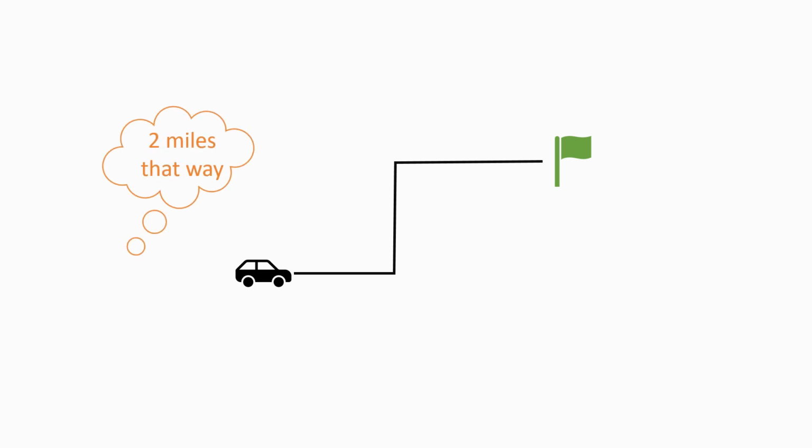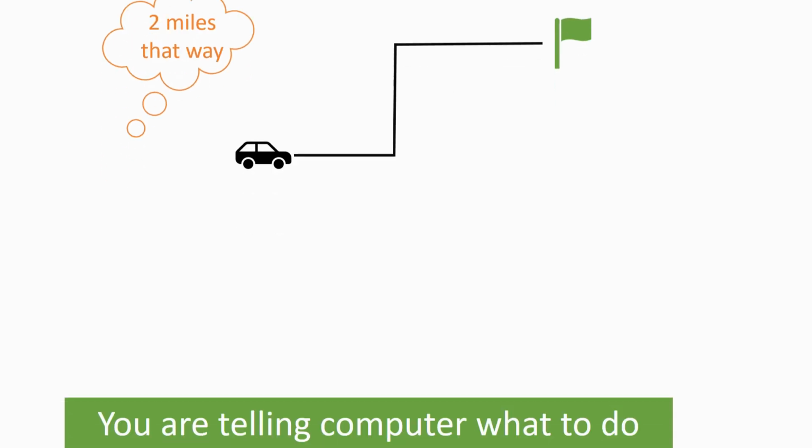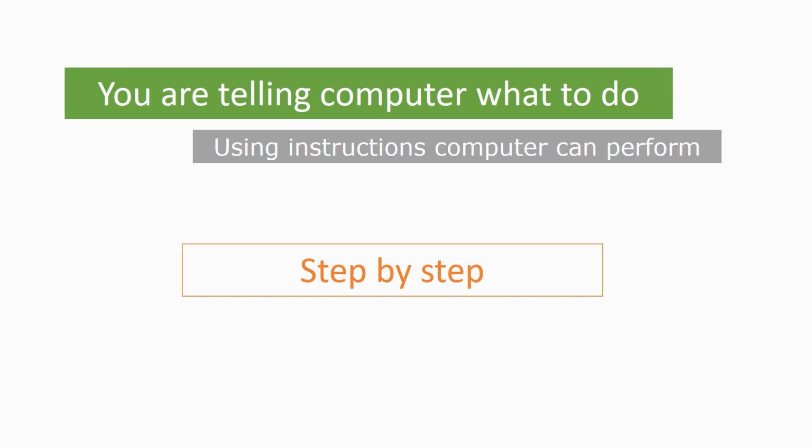Think of it this way: if you get lost and ask for a route, you will receive a set of instructions like go 1 mile, turn left, then take the second right, and you can't miss it. But if someone tells you, yeah, it's 2 miles that way, you will get lost. Same way with a computer. You cannot tell a computer, hey, do this app. You have to tell it, print this on screen, take that from the user, multiply this and that, and print the result. So the important thing from this lecture is that you are telling the computer what to do step by step,